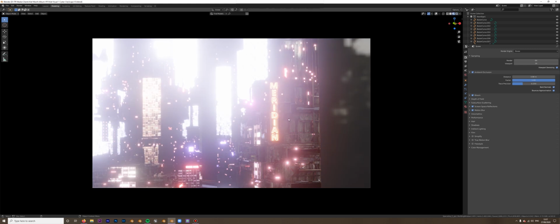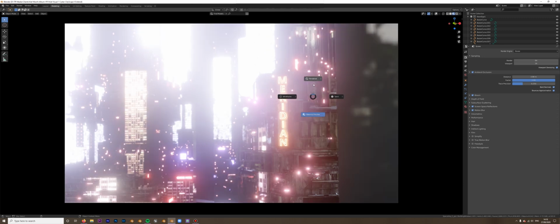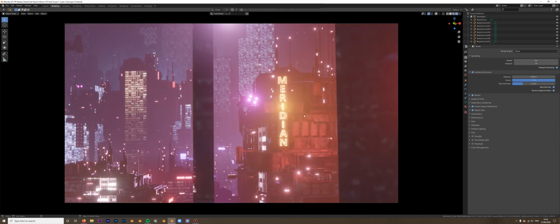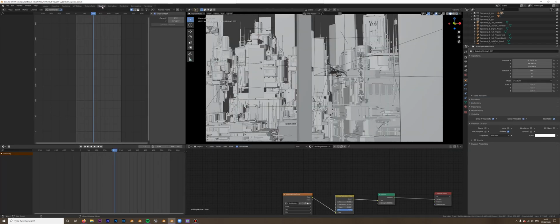You'll see as I take us into material preview mode, which doesn't have any volumetric fog in it, just how bright these lights at the back are in comparison to the ones at the front. And that really does show you just how bright these lights at the back actually are and have to be in order to get through that fog, which if I put us into render view now and take us